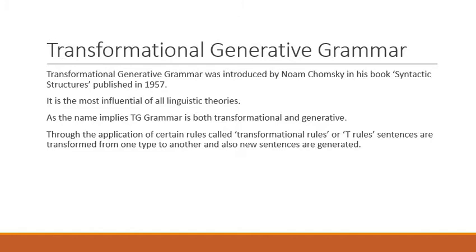So please don't confuse it with traditional grammar, because that's a mistake. That's a common mistake that almost all literature students make when they write their exams. Whenever they are asked to write about traditional grammar, they immediately write TG grammar instead of traditional grammar, and vice versa. This is a tool used by the structuralists, whereas, as you know by now, traditional grammar was something that was used by the ancient grammarians. So there is a clear difference between the two.